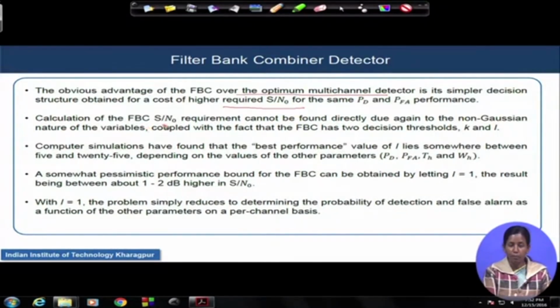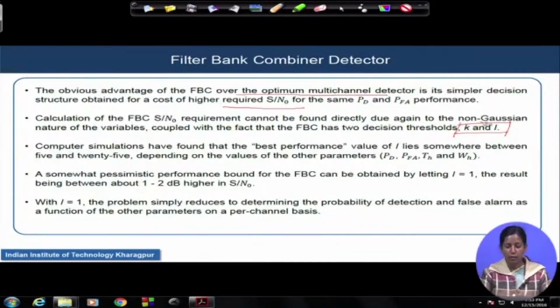The calculation of the FBC S by N0 requirements cannot be found directly, again due to the non-Gaussian nature of those variables, coupled with the fact that the FBC has two decision thresholds now, K and L. So, the non-Gaussian nature of the variables will put some constraint on this decision and calculation of S by N0 for the FBC performance analysis. And remember, we have two different decision thresholds, so they will also have their own effect on the performance itself. So, it is not easy to find a closed form expression for the performance analysis of FBC,